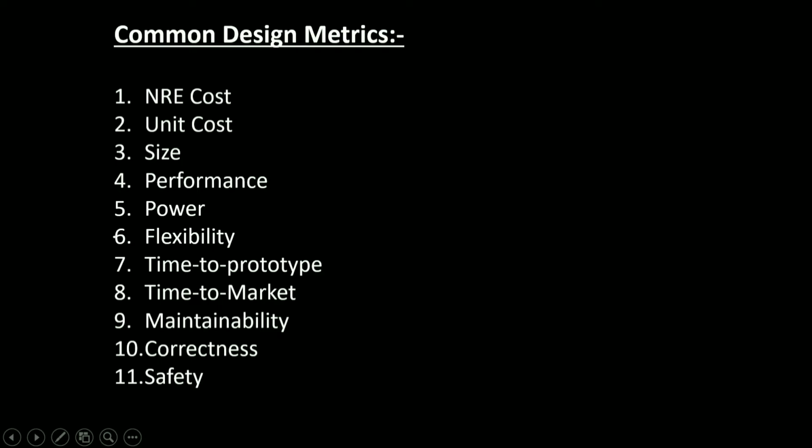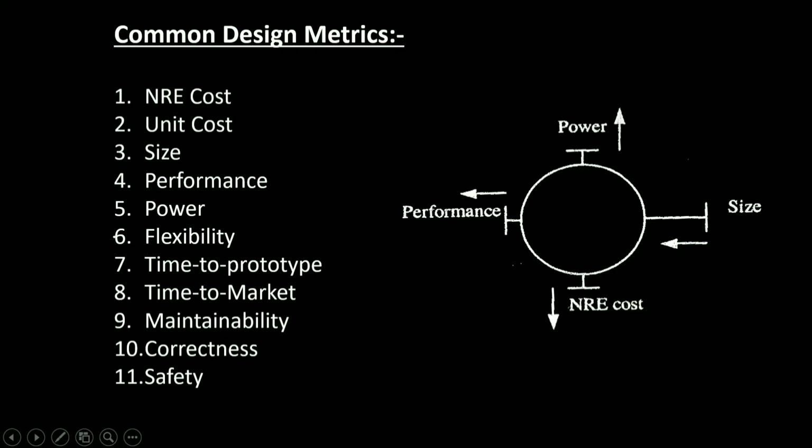And the metrics typically compete with one another; improving one often leads to worsening of another. For example, if we reduce the implementation size, the implementation performance may suffer. Some observers have compared this phenomenon to a wheel with numerous pins. You can see this is the wheel, and you can see over here performance, power, size, NRE, and how they affect a system.